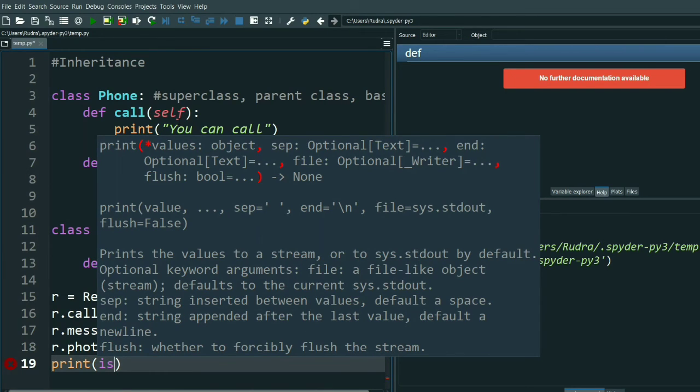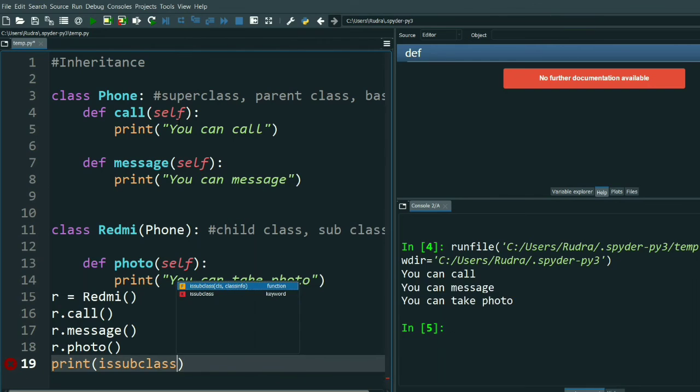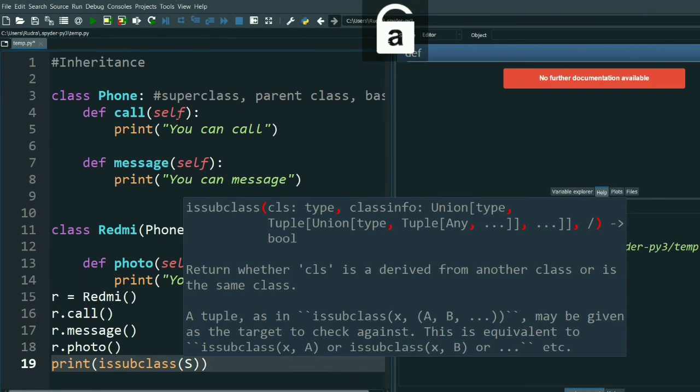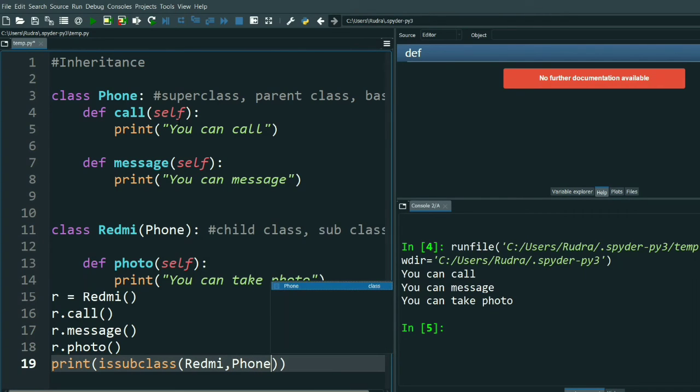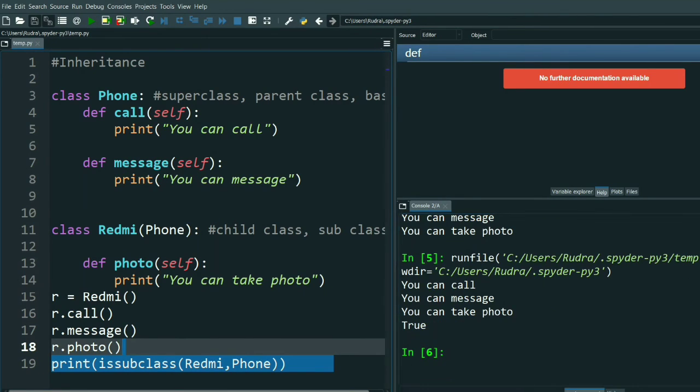The superclass is Phone, so the subclass is Redmi. is subclass, bracket open, Redmi, comma, Phone. Now let's print. See, the value is true because it is the subclass.